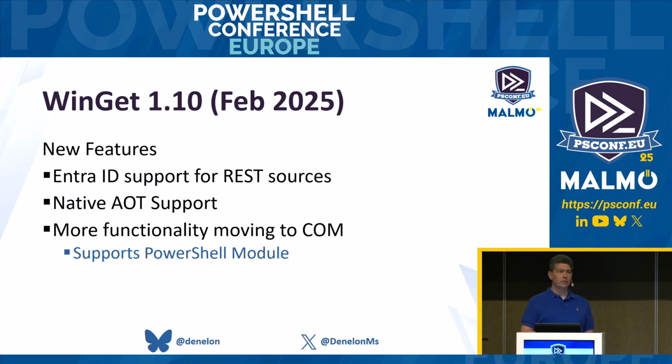So one of the big things that we did recently was we added the ability to configure the Winget sources through our COM APIs. Our PowerShell modules actually speak COM, and we're still refactoring. So the idea is in the future, our CLI, the PowerShell modules, and all third-party integrations are all going to be using the exact same APIs, and we'll be able to give full parity for all the functionality.